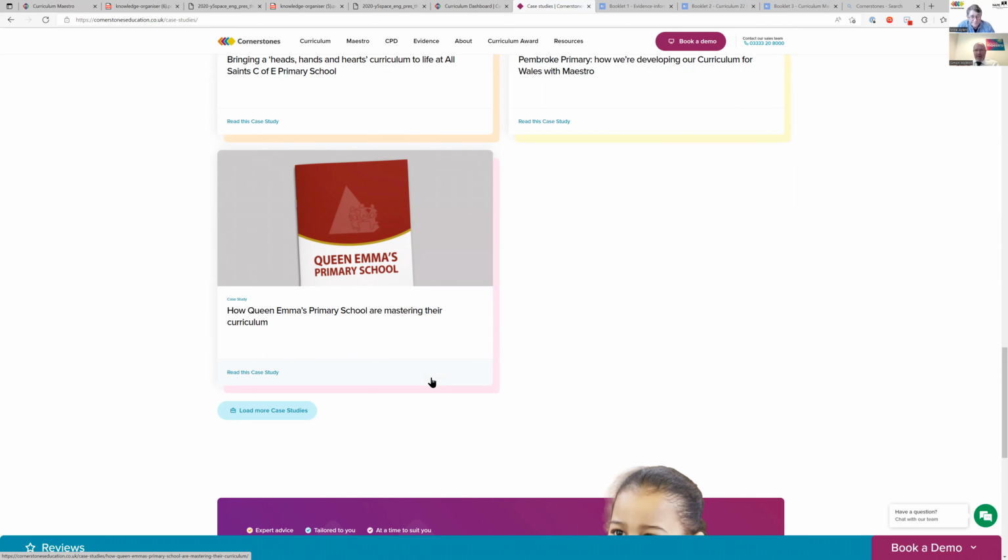And we've got obviously a development plan, but we love that feedback from the schools. So we can say in this one school, for instance, we're talking about, well, what we intend to do is never exactly what we actually do, and we need a way of showing this. And I said to the head, well, you'll be very pleased with, I'm just about to press the button with a new development that will show you the actual coverage as well. And then you'll be able to see and get into the actual learning that's taking place of what is actually being taught. And so Queen Emma's would be a good case study to go and have a look at.